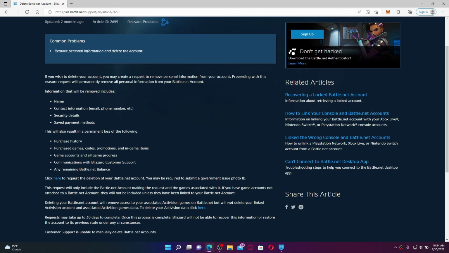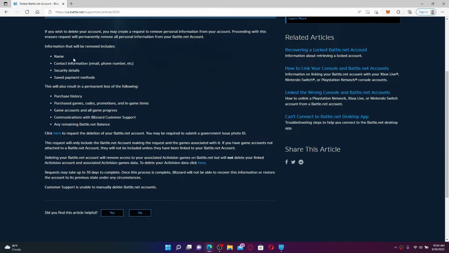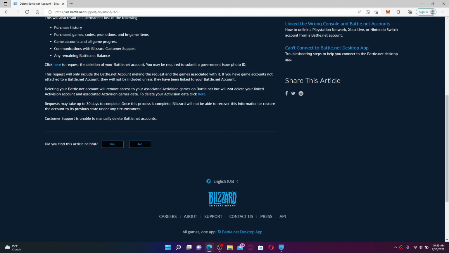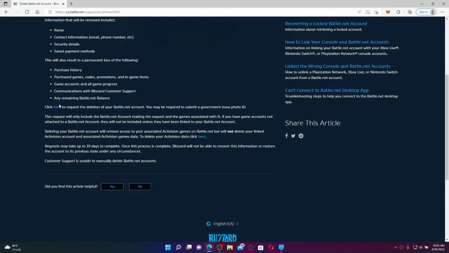It says that if you want to delete your account, you may create a request to remove personal information from your account. So your personal information will include your name, contact information, security details, your saved payment methods, purchase history, and so on. Click on this link right here that says click here in order to make a request to